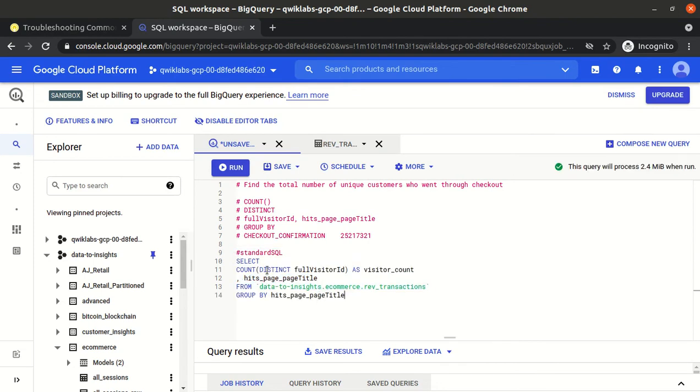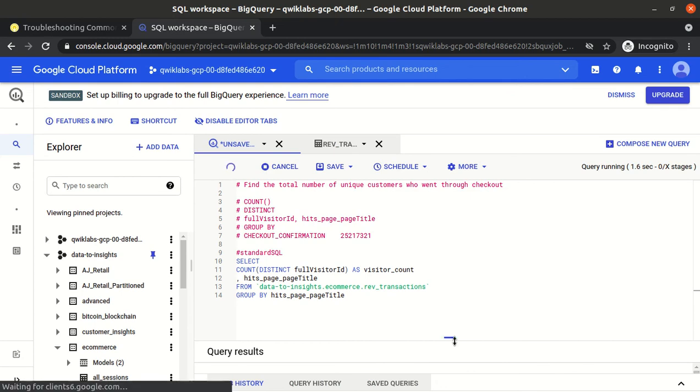This time they use the distinct as well as the group by, as well as both the columns, and the table name is also correct. So this query is perfectly okay.